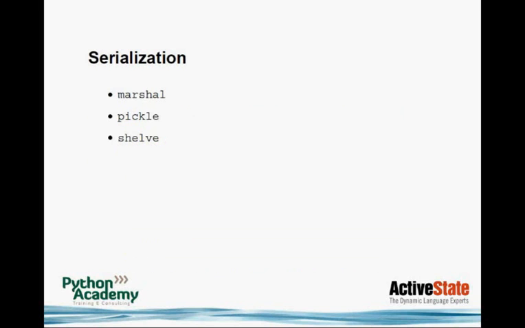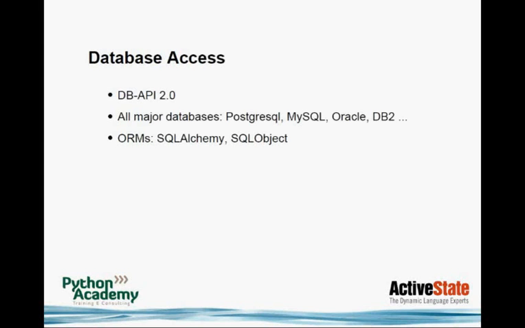Next slide. And also Python offers a lot of serialization, has a few built-in modules which center around pickle, marshal, pickle, and shelve. This allows you very easily to serialize pretty much any kind of Python object and store it somewhere or send it over sockets or something else. It's very, very simple, just a few commands, and you can serialize Python objects. That's also very powerful.